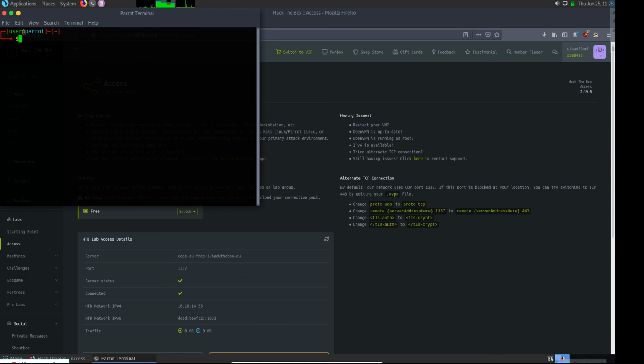Let me see where I am. I am here, and let's move to the downloads section, and here you can see the file that I just downloaded. Now what you have to do is just type the command sudo